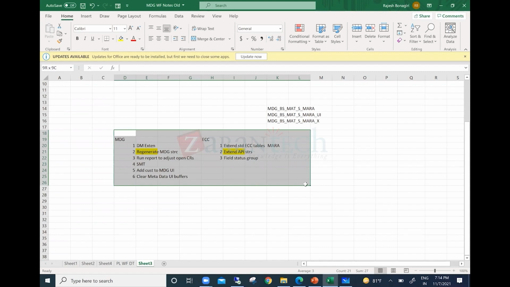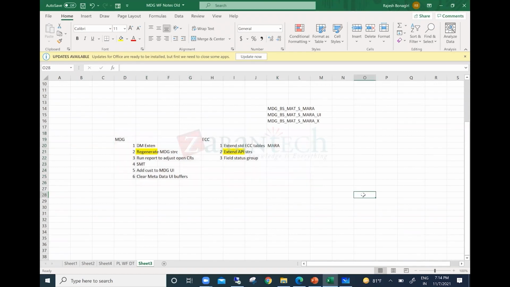Okay, so once you perform these activities, then automatically your extension with the custom attributes is completed. After that, once you bring these custom attributes into the MDG governance scope, then maybe if you want to do some derivations based on these custom attributes, you can do those derivations. From here onwards, it is a common thing. Whatever MDG rules or any MDG functionality you can apply on the standard attributes, you can also do the same thing for your custom attributes. So basically you can make use of these attributes in your derivations, or in your validations, or else